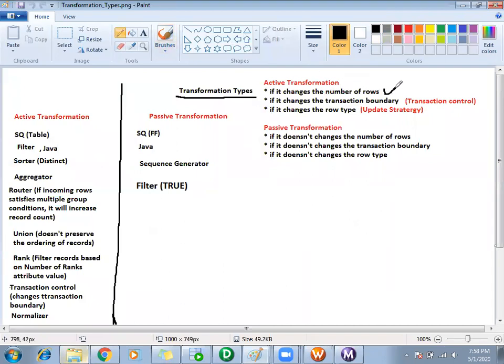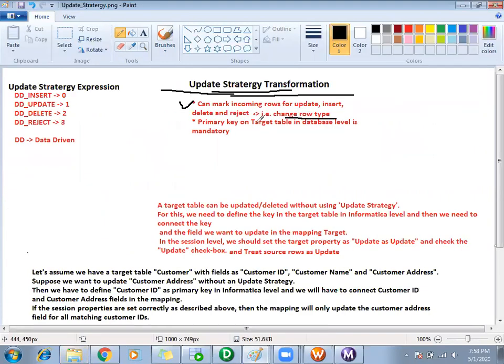If it changes the number of rows, if it changes the transaction boundary. Transaction control was the transformation which changes the transaction boundary. Then the third property, if it changes the row type, applies to update strategy. It marks the incoming rows for update, insert, delete, and reject. That is why we say it changes the row type, as insert, update, delete, or rejected. That's why we call update strategy an active transformation.